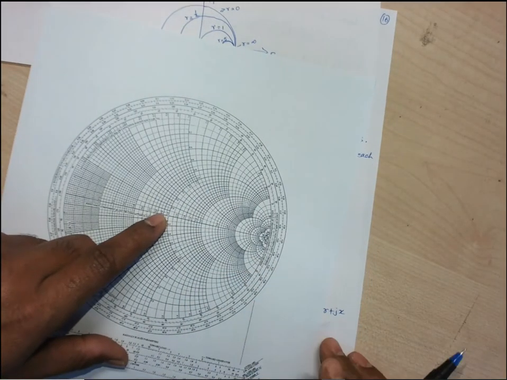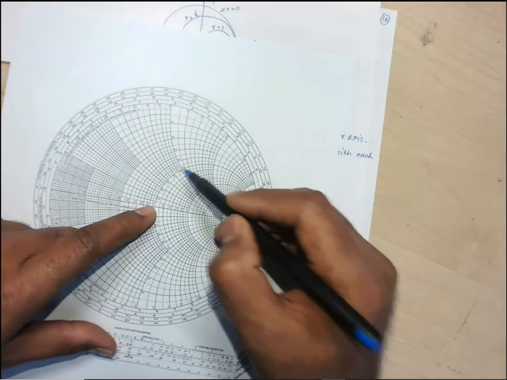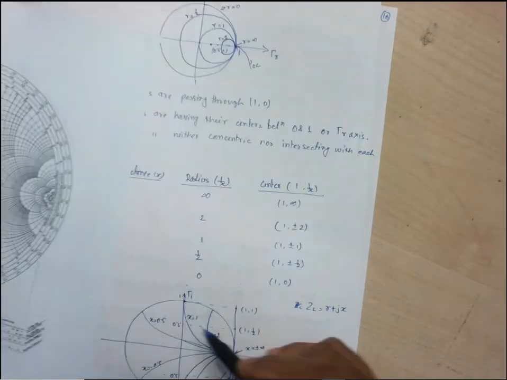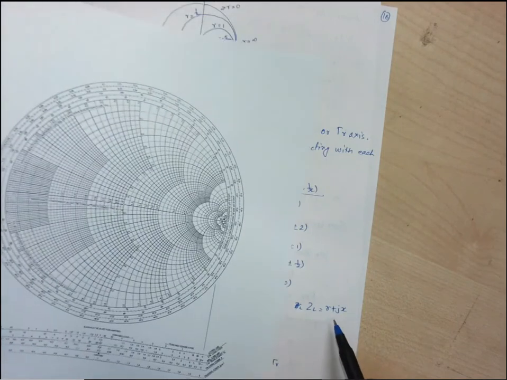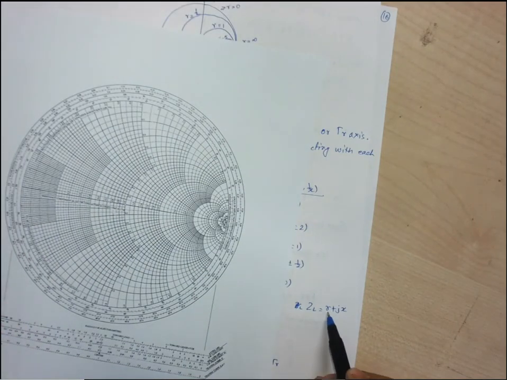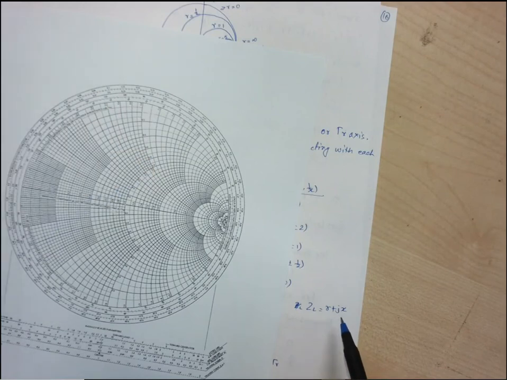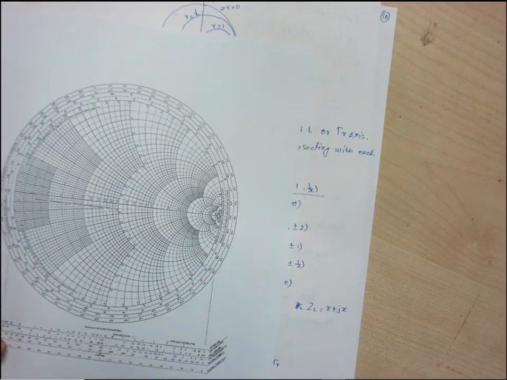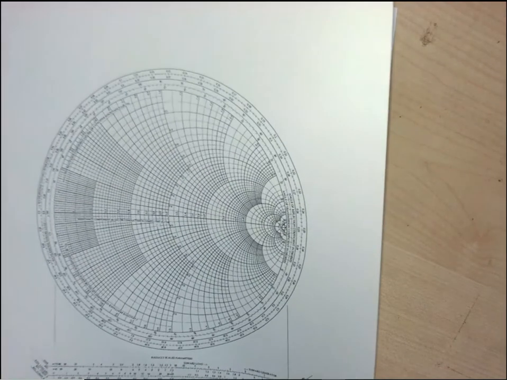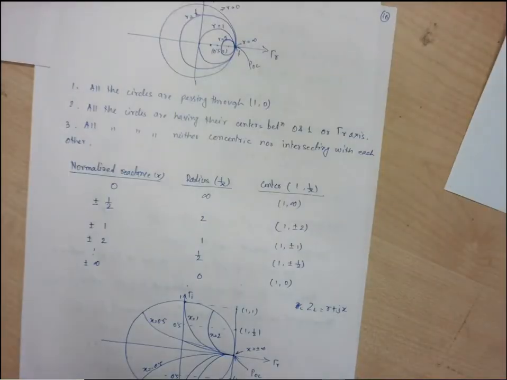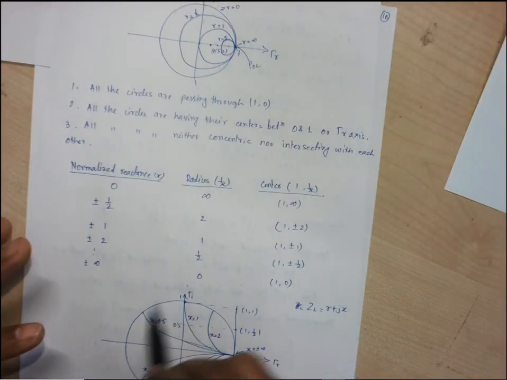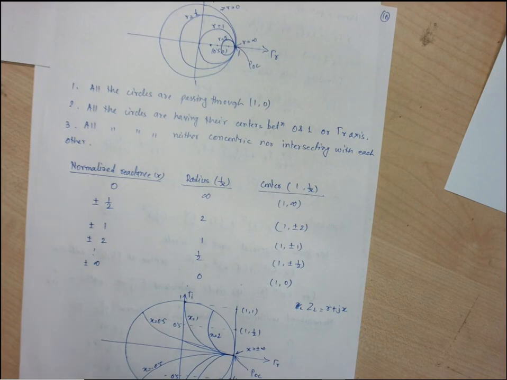For the reactance value, we need to find a certain point because the curves will be there. So first we go with this R, then we go with this reactance. At that point, we find whatever impedance we have. I will show you how to find this value. For the time being, we cannot go beyond this circle because that is the maximum radius we can have. Now it is clear.